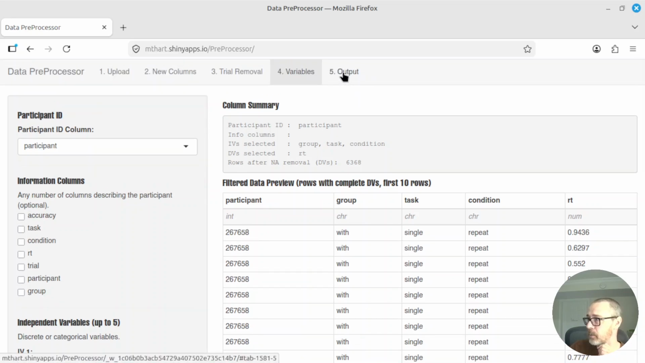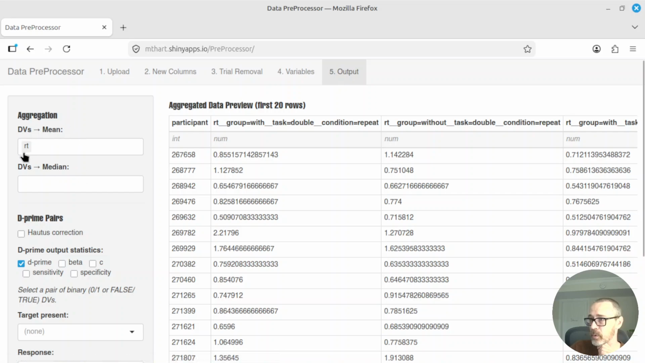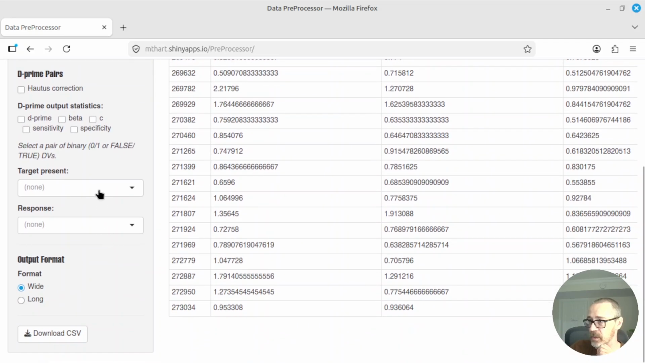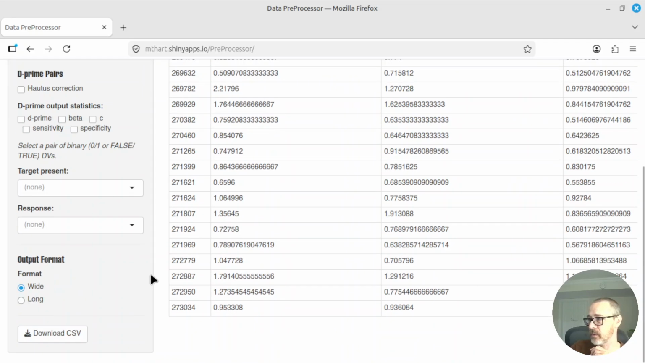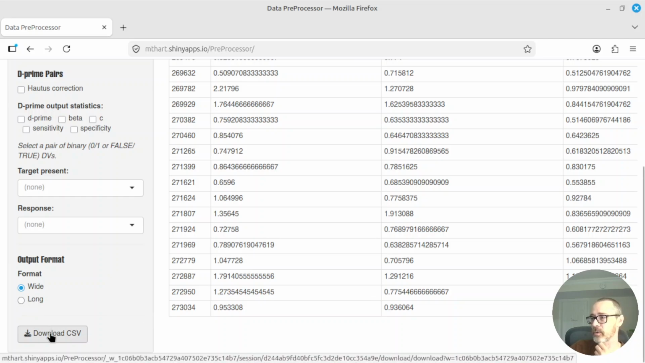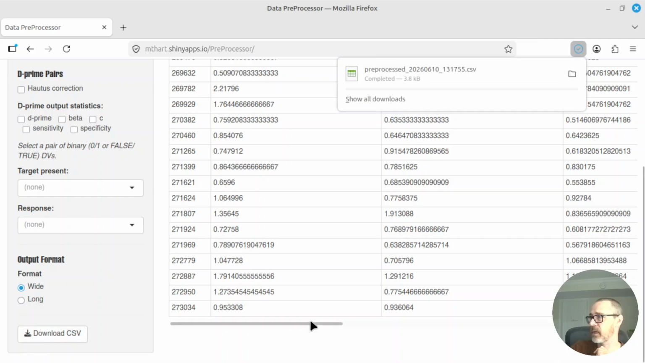So we're done, and we can look at output. We want the mean of this. We don't want the primes or anything, target present response, none of this. And we want wide format. This gives us a data file that you can use in SPSS or Jamovi. If you want to manually do, or not even manually, but if you want to use other stats packages such as R to run your ANOVA, you might want to have a long format output. So for now, we're just going to